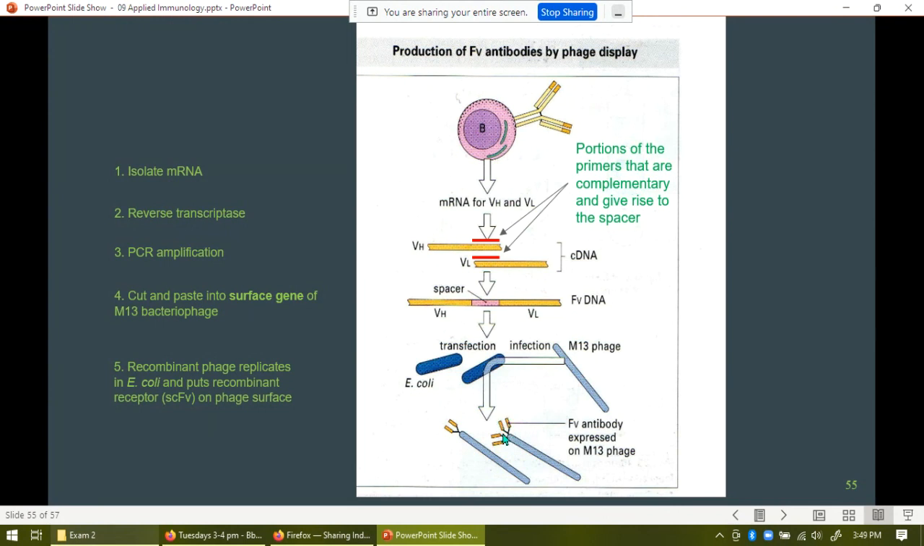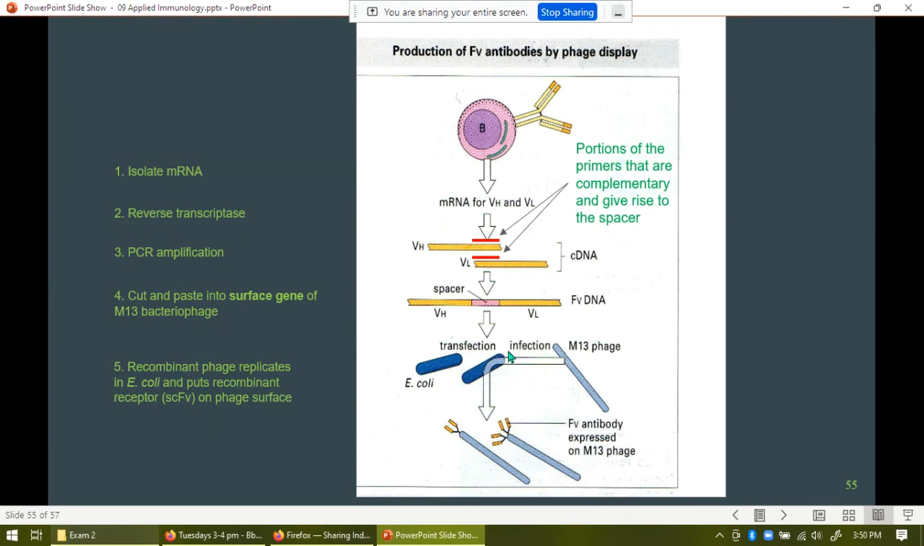And now you have the Fv of the antibody, you have the entire variable region expressed on the top of the M13 phage. And so a single scFv is right here, and then there's another one right here. This one only has one scFv. So after your PCR, you cut and paste into the surface gene of the M13 bacteriophage. You end up with